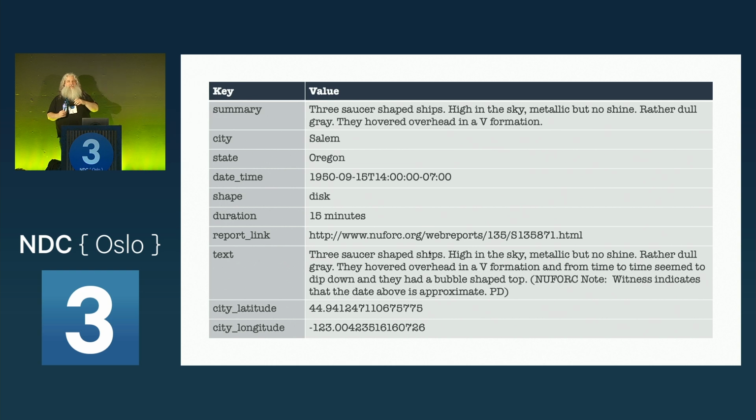And then he used it to do all kinds of analysis. He also screen scraped the Bigfoot Field Researcher Organization's website and got 4,000 and some odd Bigfoot sightings, and did statistical and machine learning type stuff on those as well.